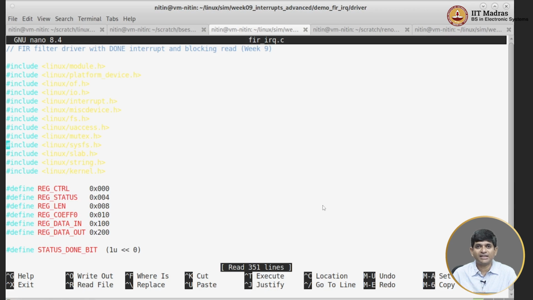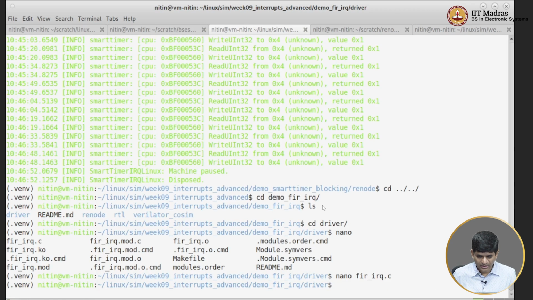The only additional change that we made in the hardware is that now that done signal is taken as an FIR IRQ out. In the later co-simulation, I have mapped it such that IRQ out is mapped appropriately. In my Renode platform description, I have set up that IRQ out to be connected to one IRQ, right? We can basically look at that. What we can see over here is the